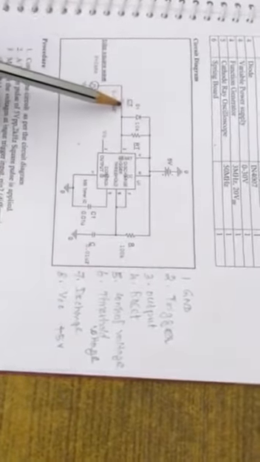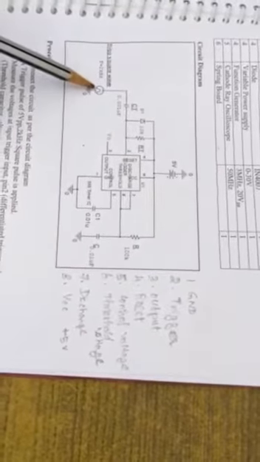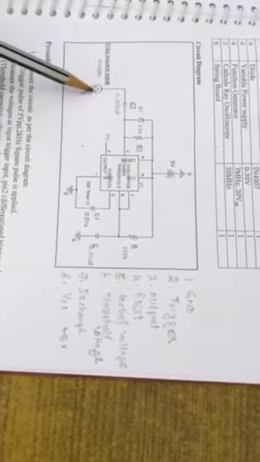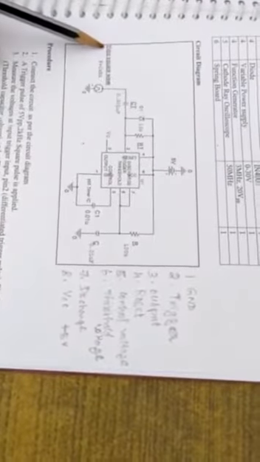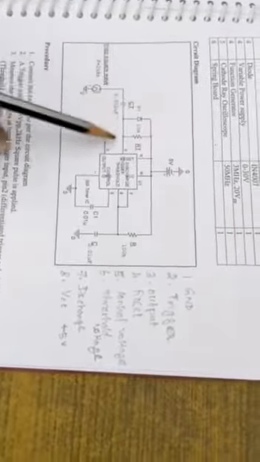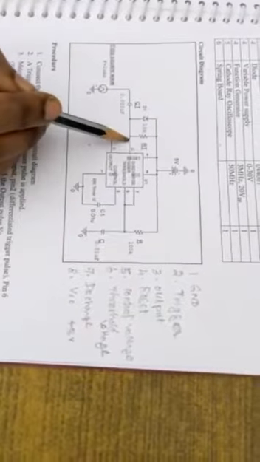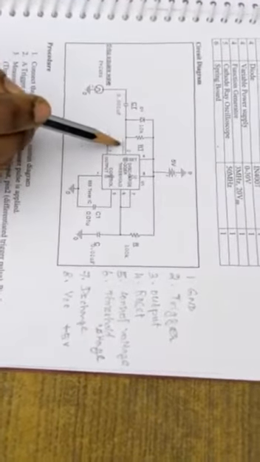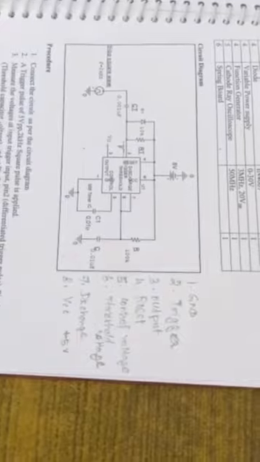Coming to the input side, here I have a function generator. Using the function generator, I use a square pulse of a required magnitude, say 5 volts peak to peak and 2 kilohertz, and this square waveform is differentiated using a differentiator circuit. At this point, I have the pulse which is given to the trigger input.